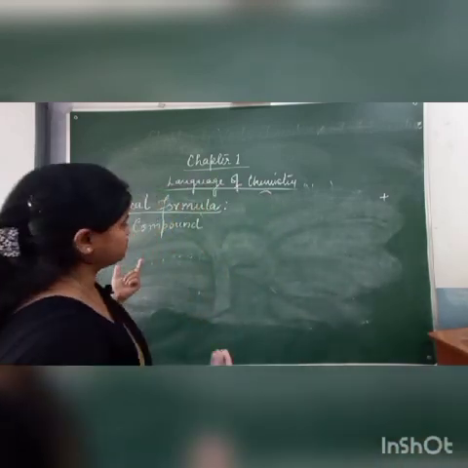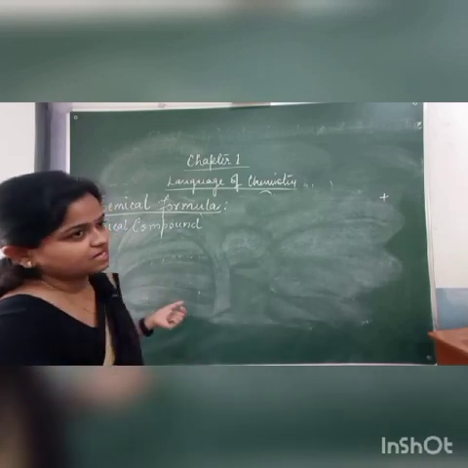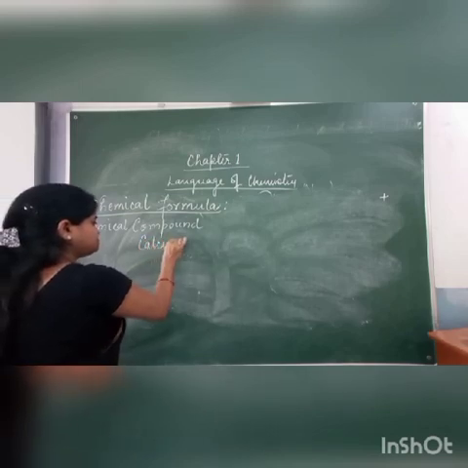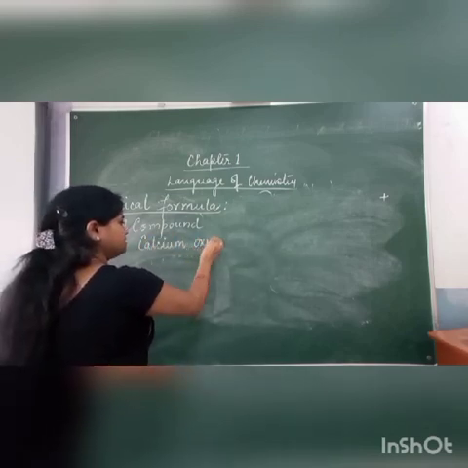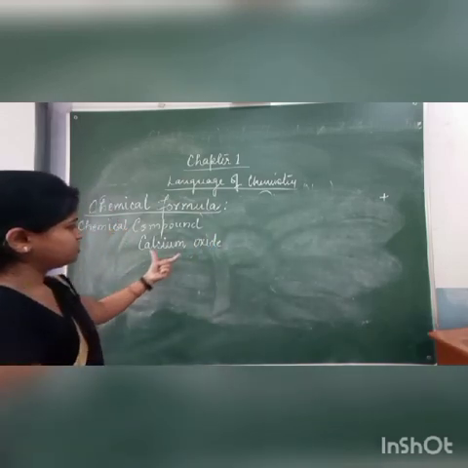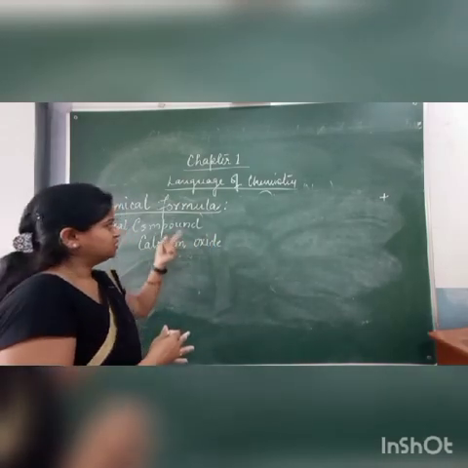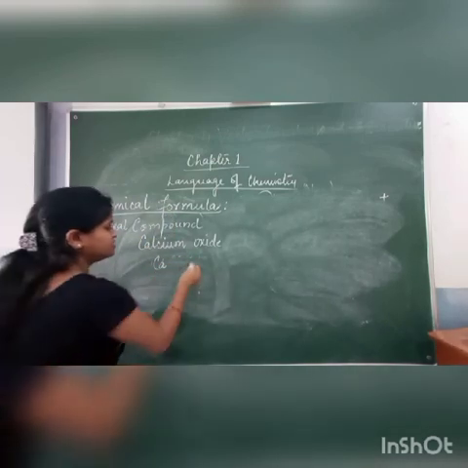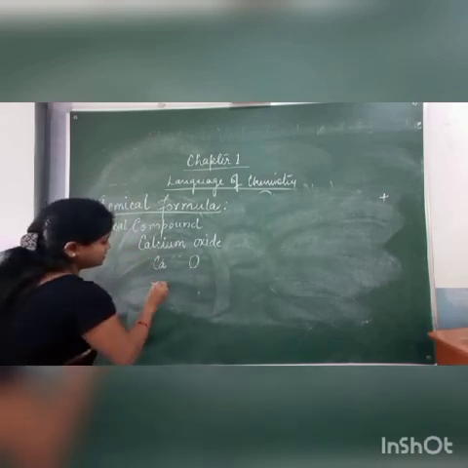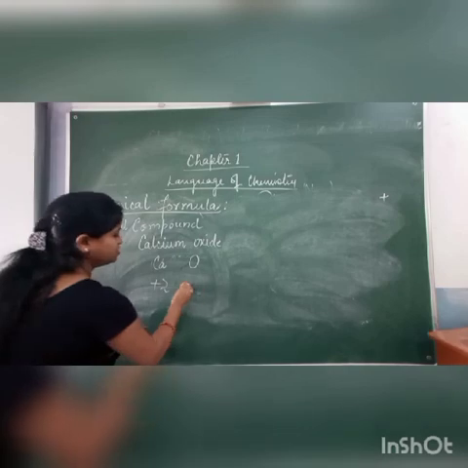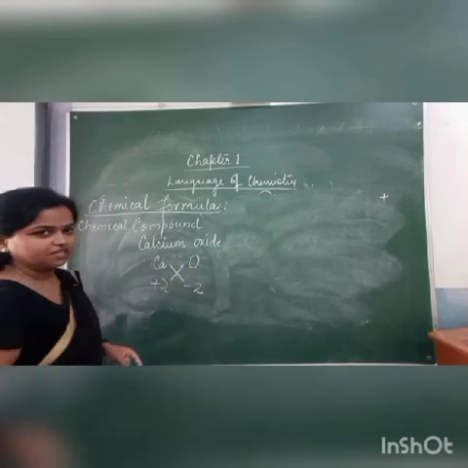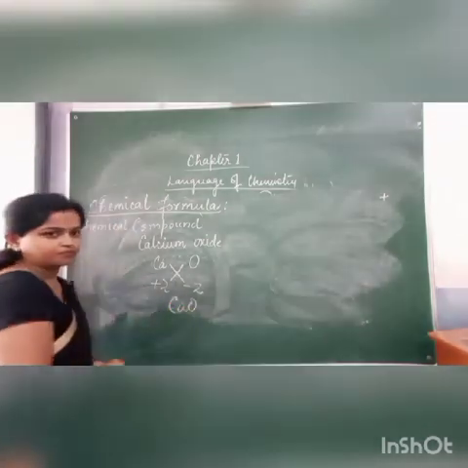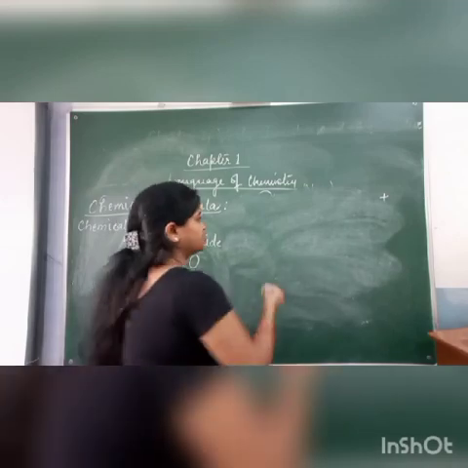Again, what are the steps you have to follow? Suppose I give you an example to write the formula of calcium oxide. Simply you will write calcium oxide. This will be the name of a chemical compound. Now, to represent this in a short form, we need the help of a formula. Calcium represents Ca. Oxide is oxygen. Valency of calcium is +2. Valency of oxygen is -2. Cross multiplication. If both the numbers are the same, they cancel out. CaO.